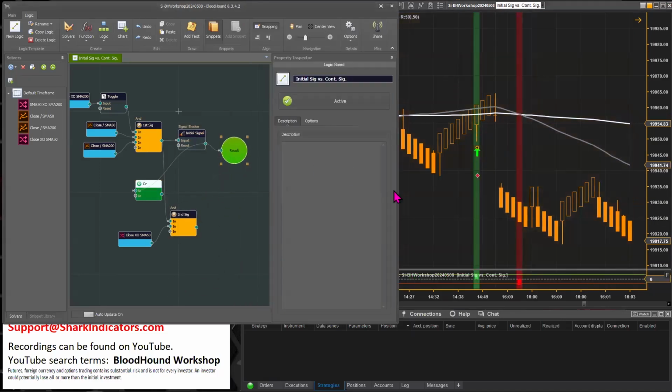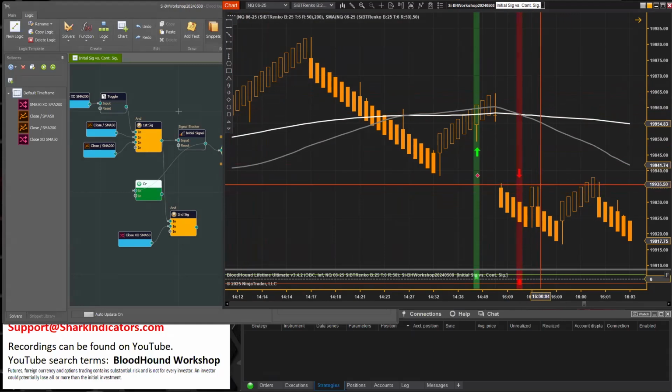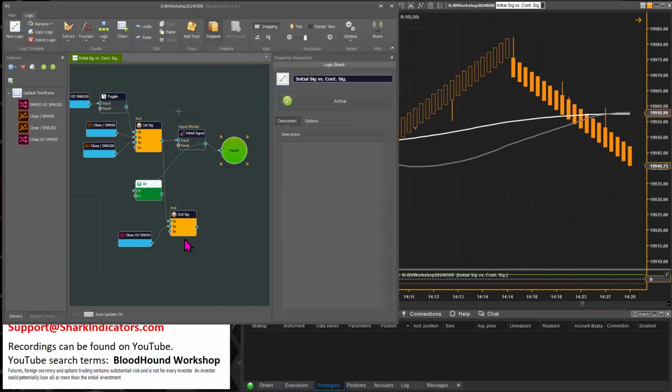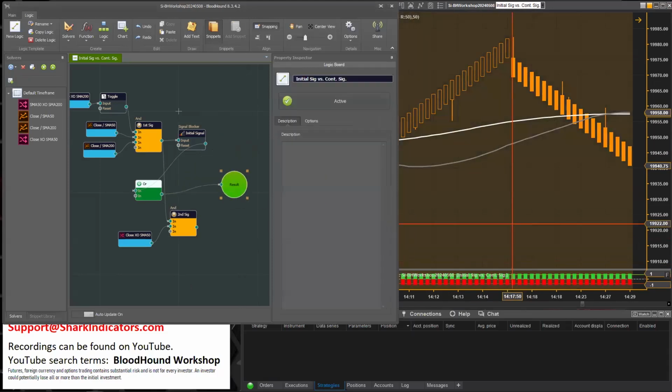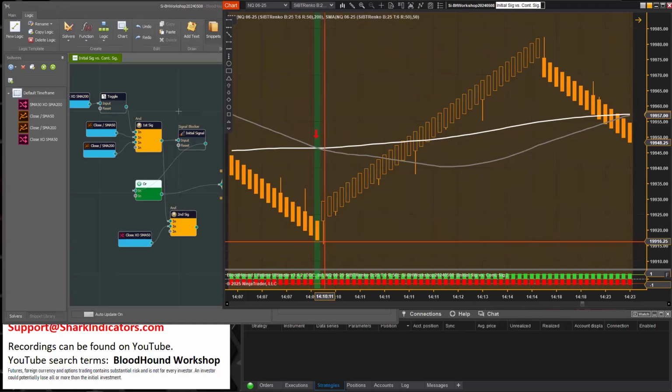Let's take a look at the initial signals. Right, so we have an initial signal short, and I should mark that here. There, and I've got this other one over here. So let's take a look at the OR node. So this initial signal short, there's no short output. So there you go. Initial signal short. There's no short output on that bar there. So in theory,